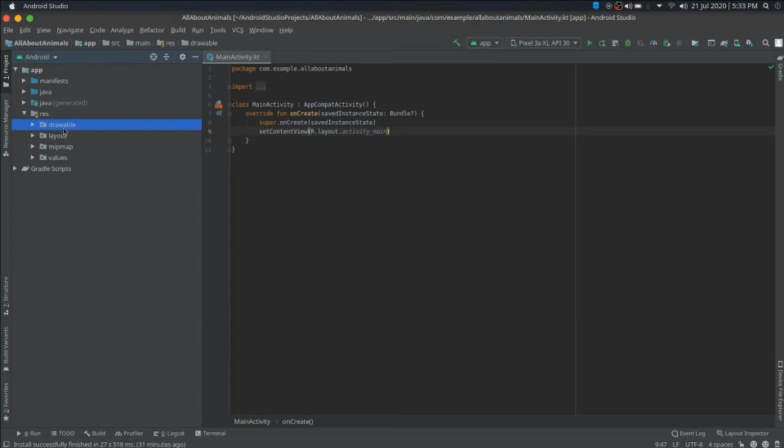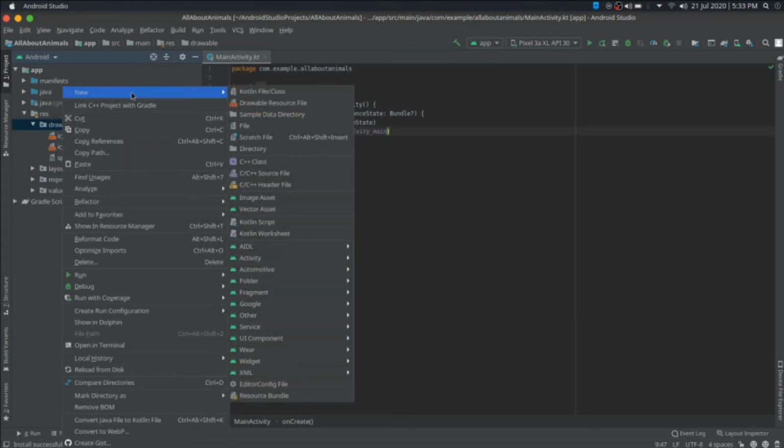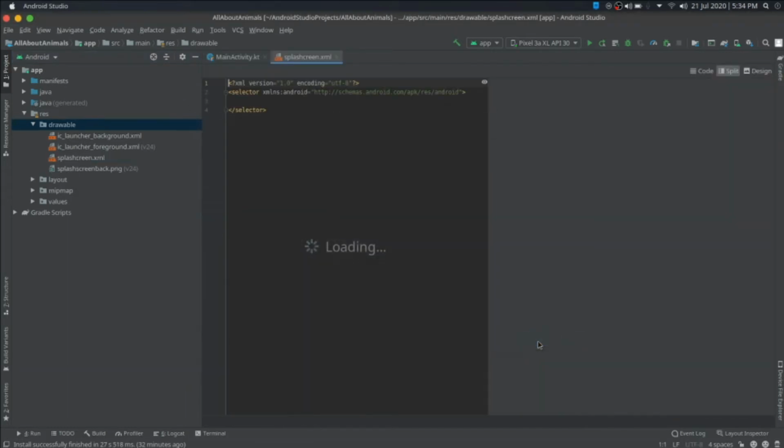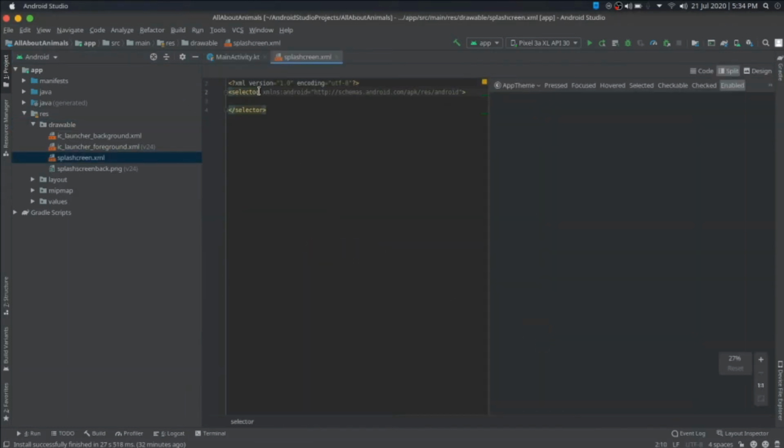Okay, and the next thing you have to do is go to new drawable resource files, and in here create the resource file with the name of splash screen. Okay, now it is correct. Click OK. Now change the selector with layer list, then add an item that will be the background of your